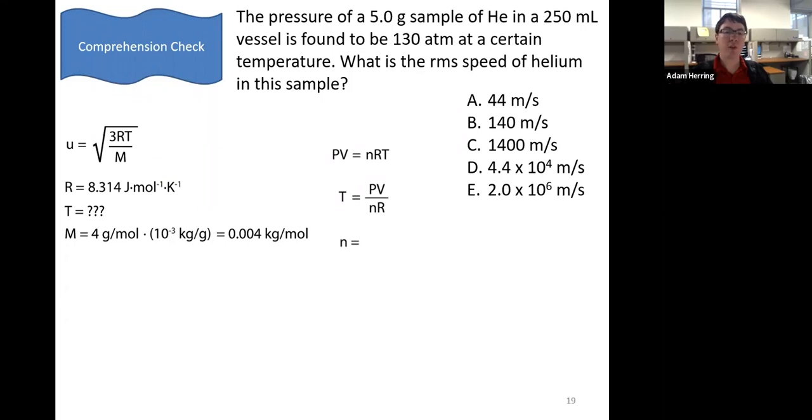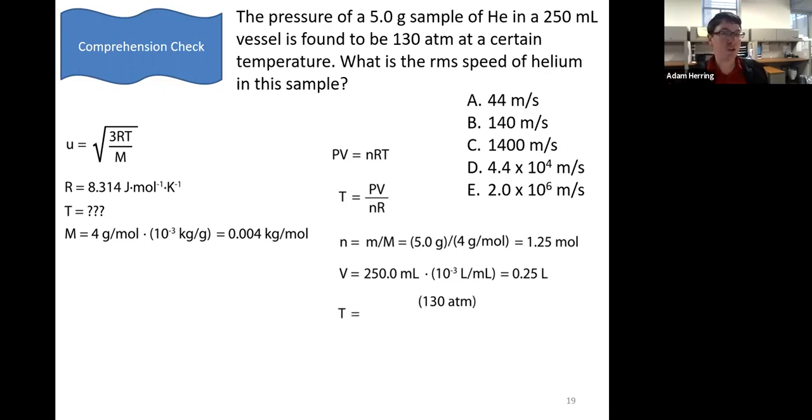Our moles is going to be equal to the mass of sample divided by the molar mass. The volume we need to find by converting milliliters to liters. And then the temperature we calculate. So we know that the pressure is 130 atmospheres. The volume is 0.25 liters. In this case,